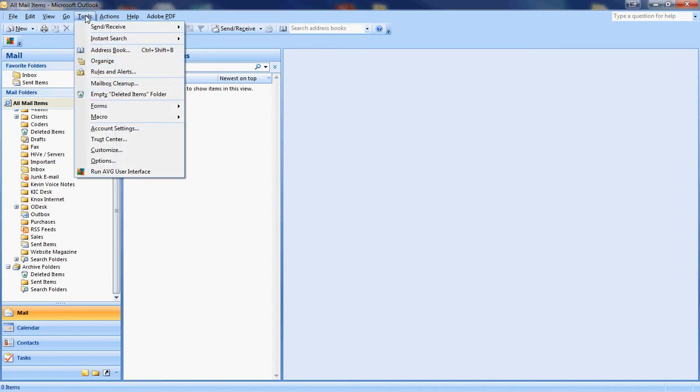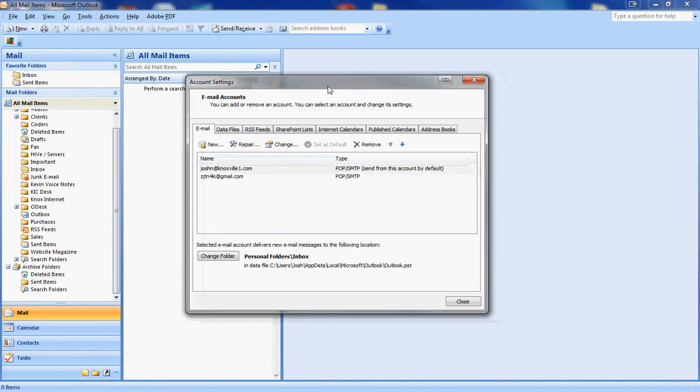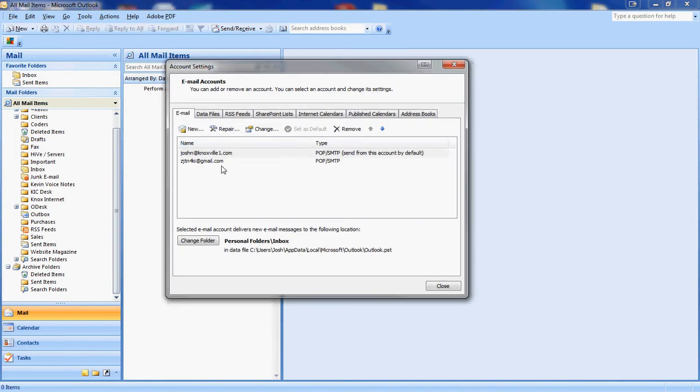You go to Tools and Account Settings. Now once again, this is 2007. In other versions I think it may just be Accounts. Anyway, it will bring up a screen similar to this. As you can see, I've got 2 email addresses already set up here, and I'm going to create a new